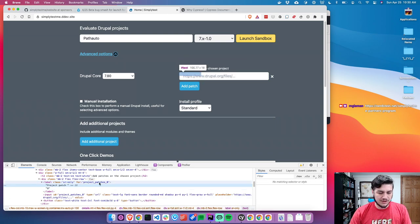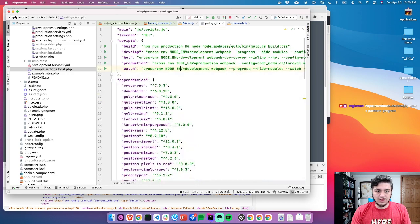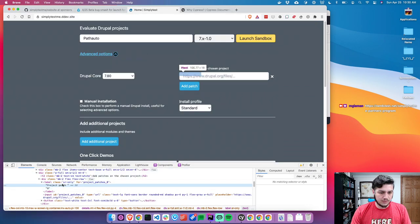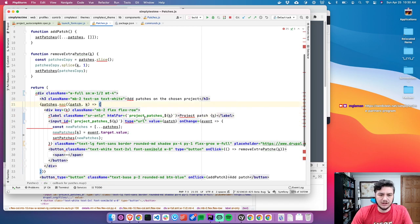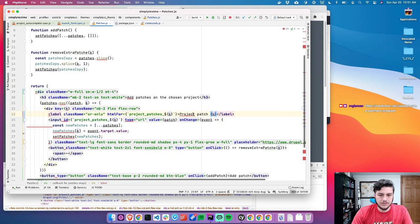It has project patch, and then it is an empty string, or, I don't like, why is it breaking it into two lines? And 0 sounds wrong in this case. Humans don't think in zeros, we're not taught that 0 is a real number. So let's see, what's going to be the best way to do this? So that's okay, and that's okay. If we did want to be on one line,